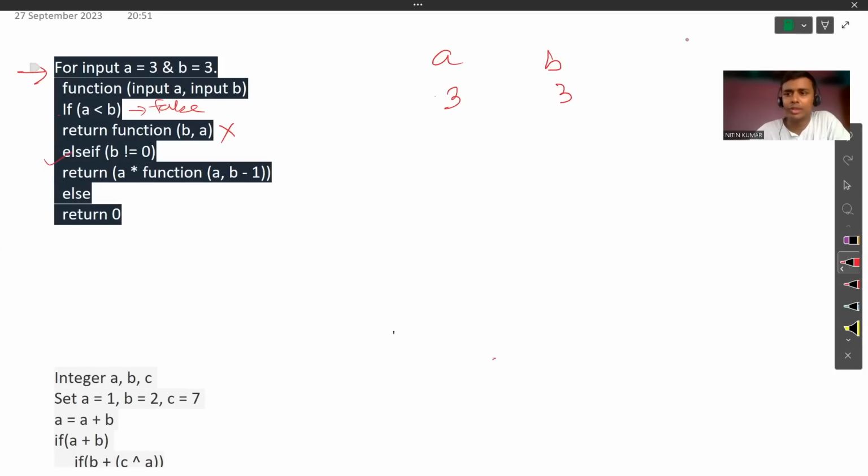Now we check the else if condition, which is B is not equal to 0. Our current B is 3, which is not equal to 0, so that is true and we have to execute it. We have to return A, and what is A here? 3. So 3 into function of